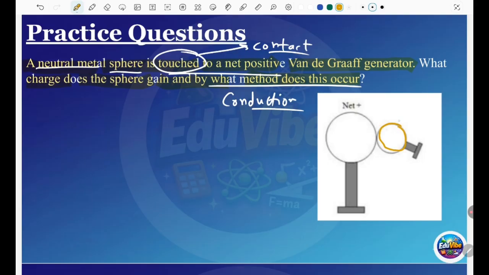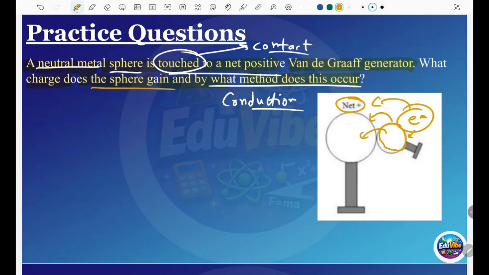this neutral metal sphere has direct contact with that generator, which has a net positive charge. And they ask what charge it gains and by what method. So the method is conduction. And what happens is the electrons will be transferred from that neutral sphere to this generator. Why the electrons? Because they're negatively charged, and the generator is positive,